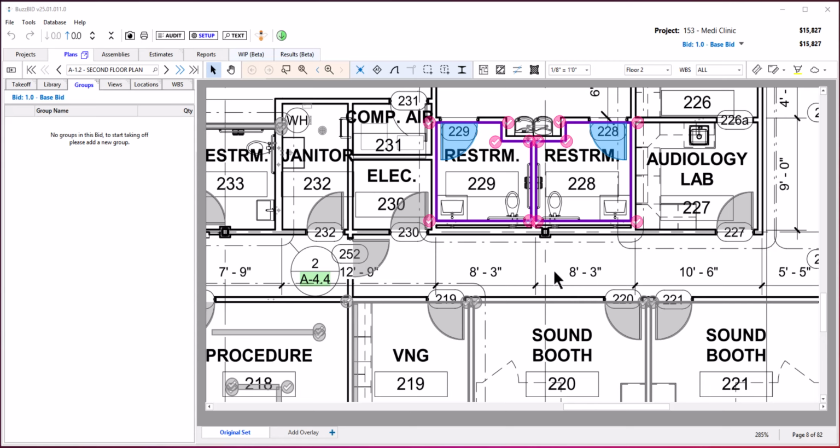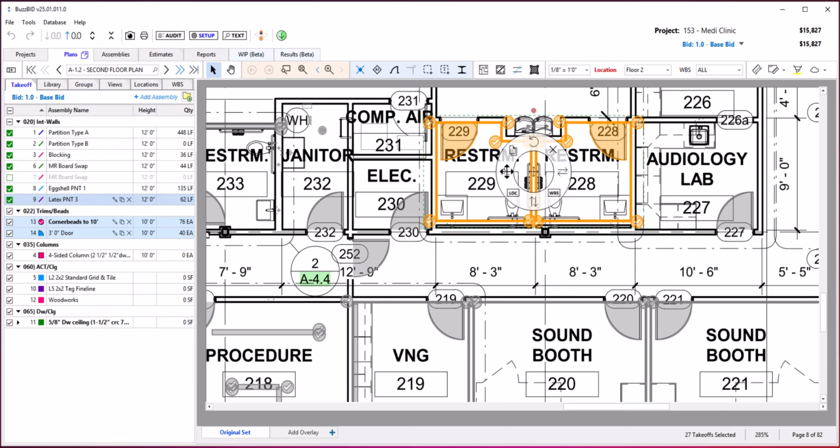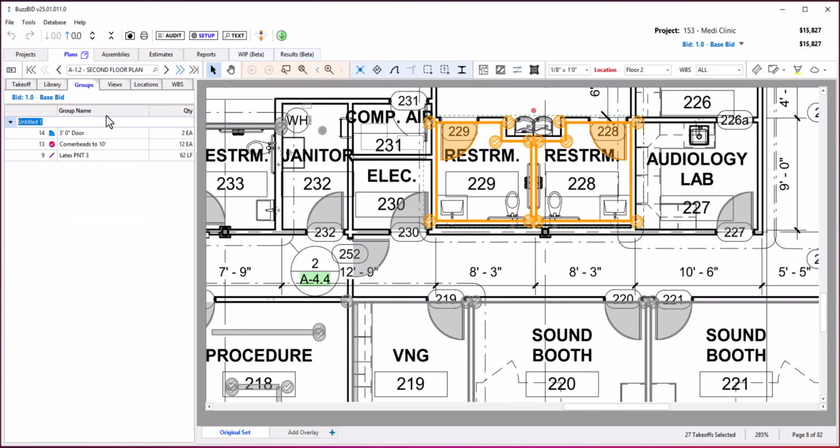Now let's take a look at creating groups with the multifunction wheel. I'll select some Takeoff here, move over the option to create a group. This takes me to the Groups tab here, and I'll type in typical restroom like this. So now I'll go ahead and take the Takeoff on the page and delete it, and